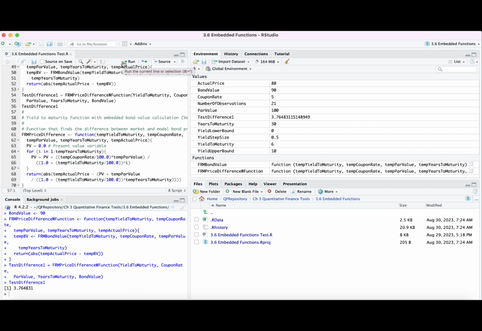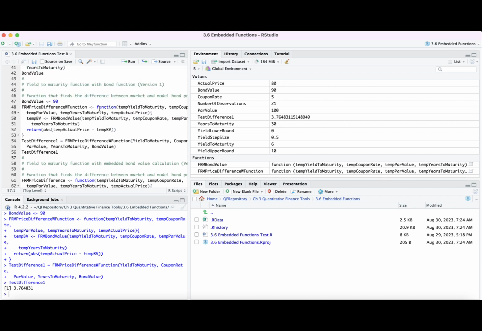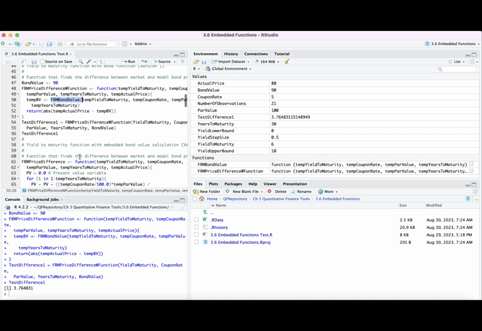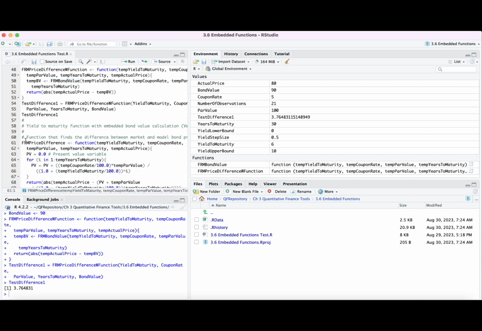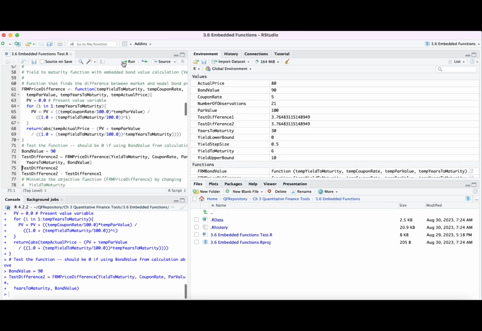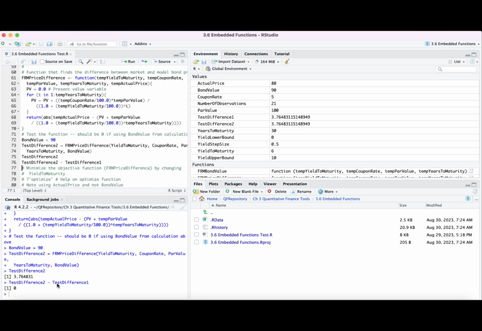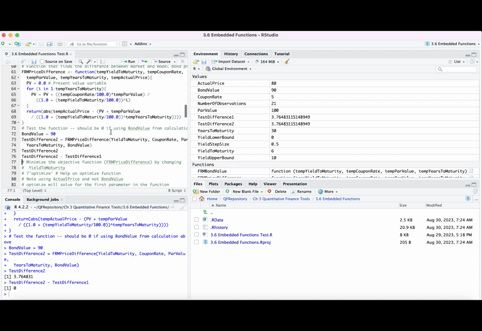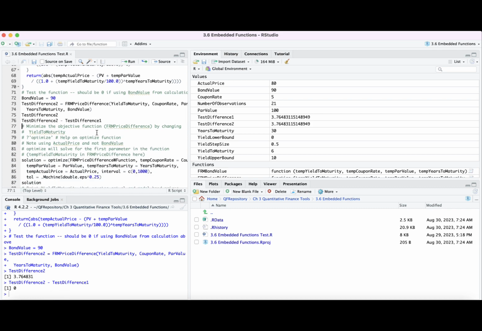Another way to build this is calculating the price difference with a function. That is, we embed the function in this existing function. Alternatively, we could just embed the calculations of the bond valuation within this function. Depending on your preference, we could run these calculations and they give us the same answer. So how do we find a yield to maturity? Well, we're going to use the optimize function,